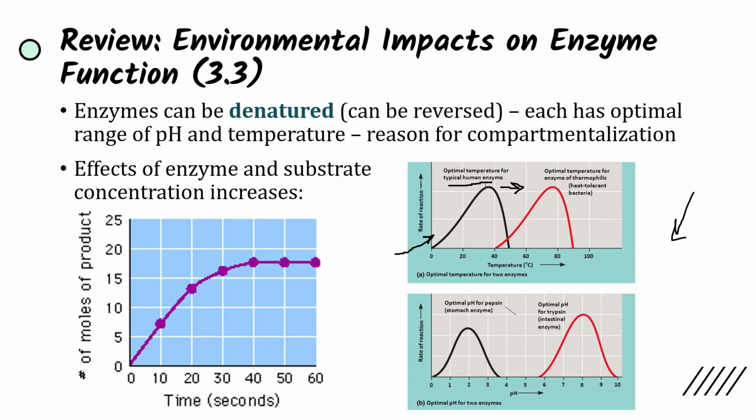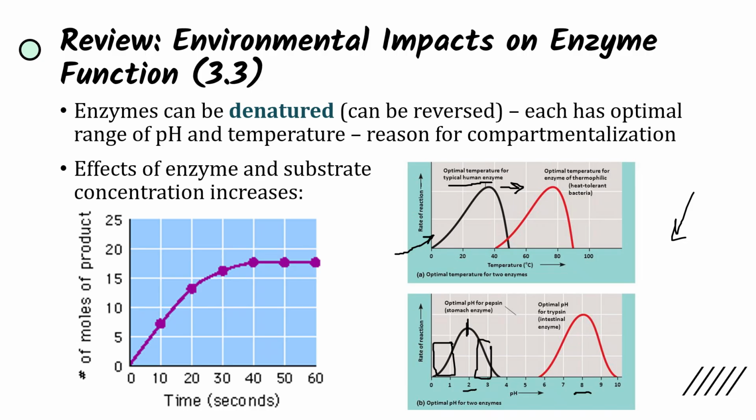Pepsin is going to be in a much more acidic pH. It's going to function at around a pH of 2, while trypsin will function at a pH of 8. And there's a slow increase into that rate and a slow decrease, and outside of this range, the enzyme won't function at all. In this portion of the range, you have some functionality, but it's not going to be optimal like it is up here, which is why it's so important for the enzyme to be in its optimal range and to be